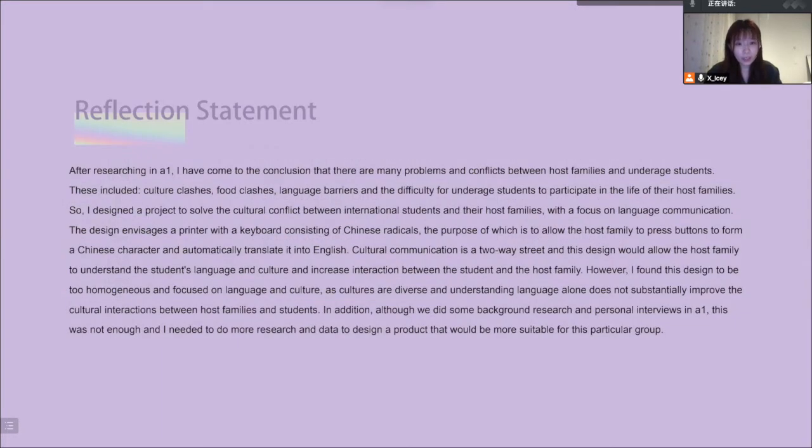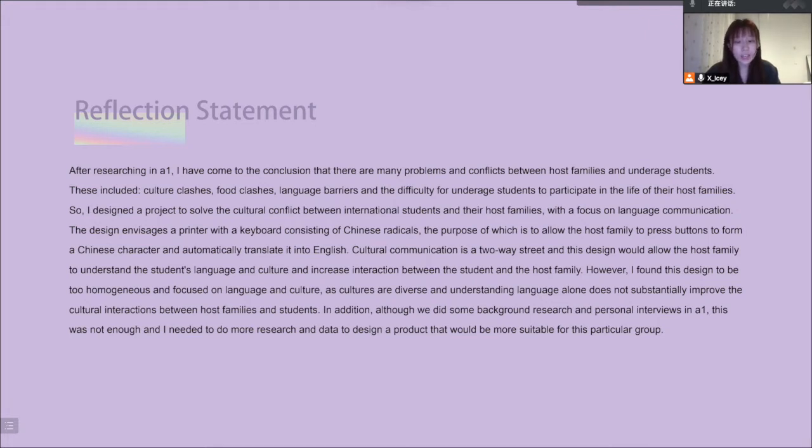Firstly, Australia is a multicultural country, and the homestay industry has grown rapidly over the decades due to the increase in international fee-paying students studying in Australia. As a result, homestay has been designed as an ideal environment for international students to be exposed to the target culture and language.